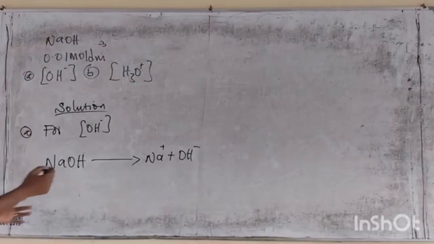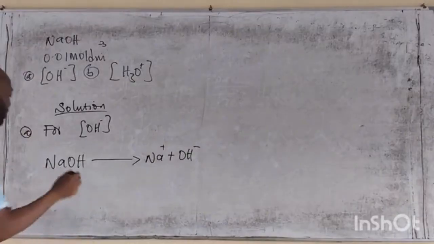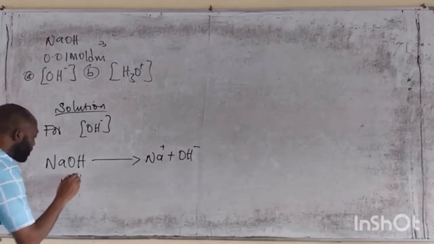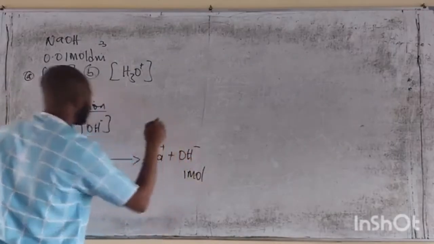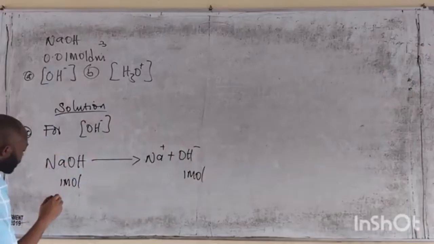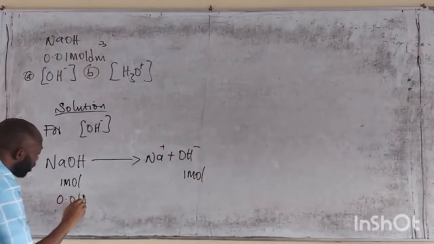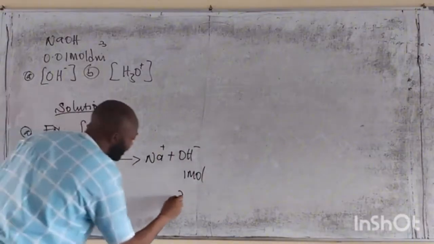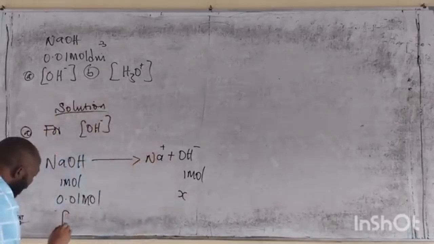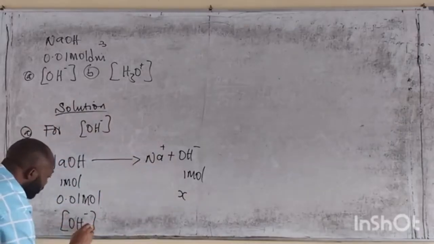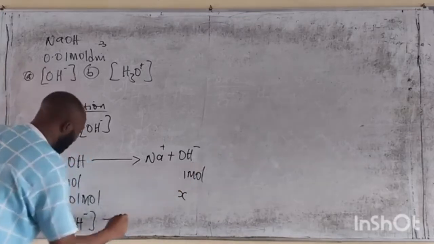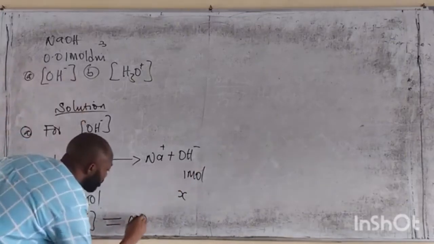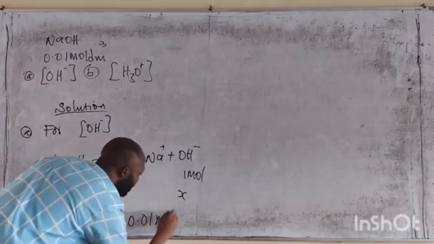Now, we bring the knowledge of the mole concept. 1 mole of this gives us 1 mole of this. So 0.01 mole of sodium hydroxide will give us X. So our hydroxide ion concentration will be 0.01 mole times 1 mole. So that will give us 0.01 mole per dm cube